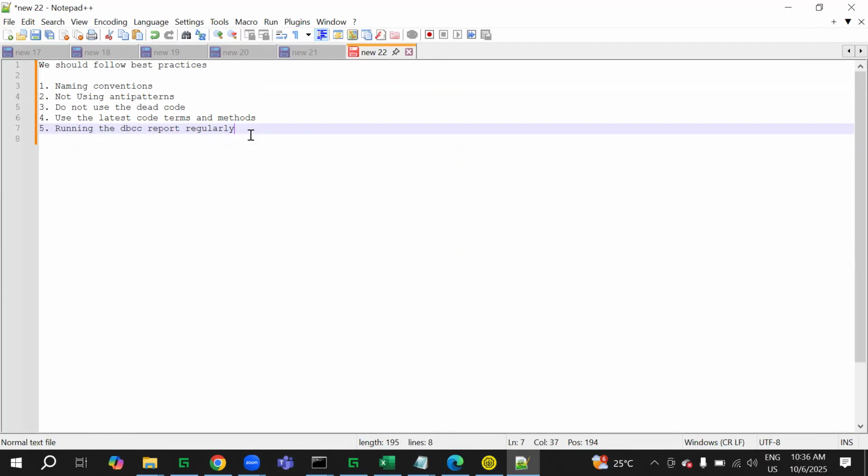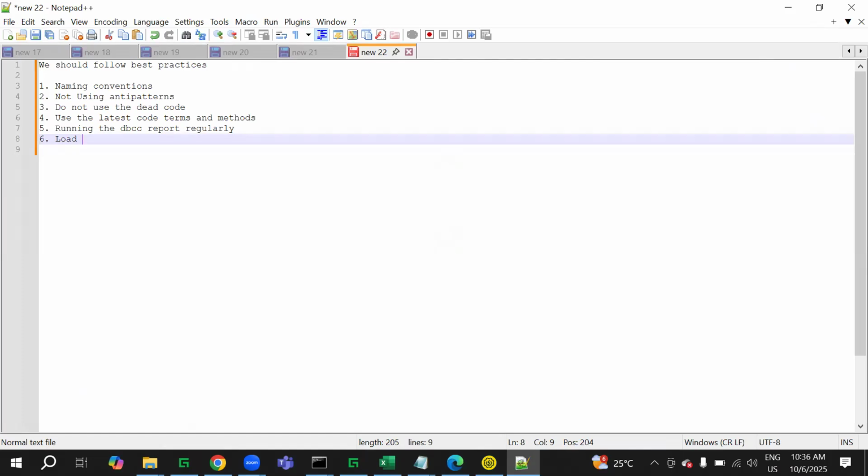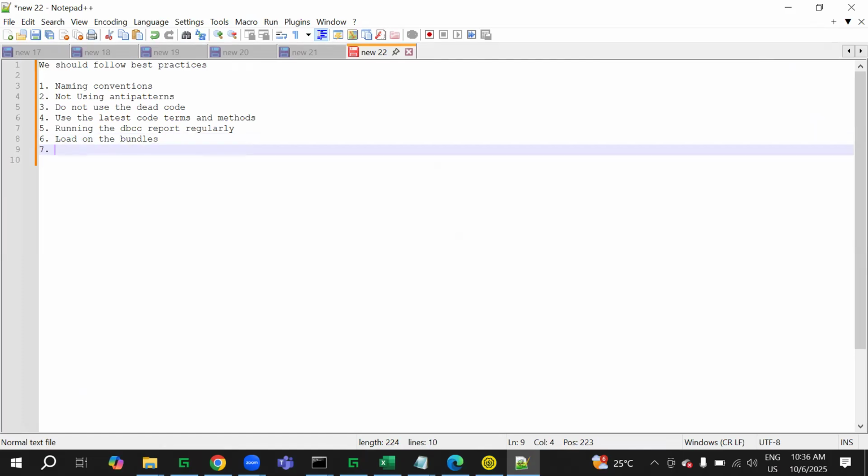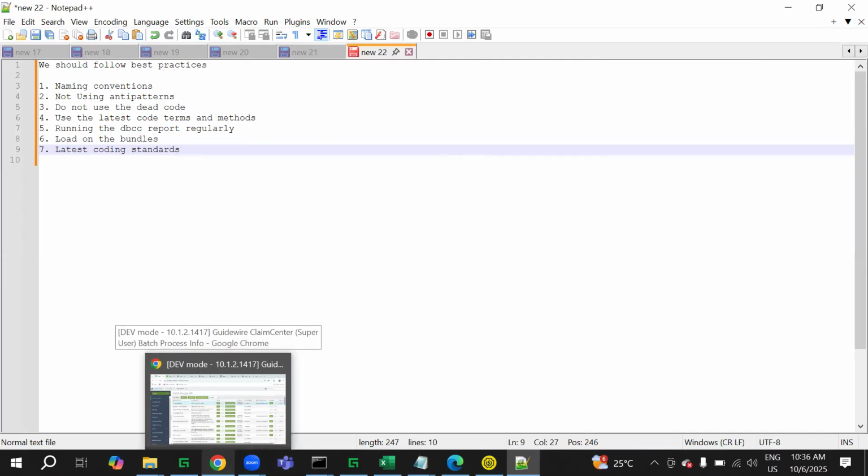We should not put too much load on the system. We should not put the load on the bundles, and we should use the latest coding standards, right? So these are a few best practices that we should follow while writing the code. If we write code like this, the system would be very smooth and it will perform better and the health would be